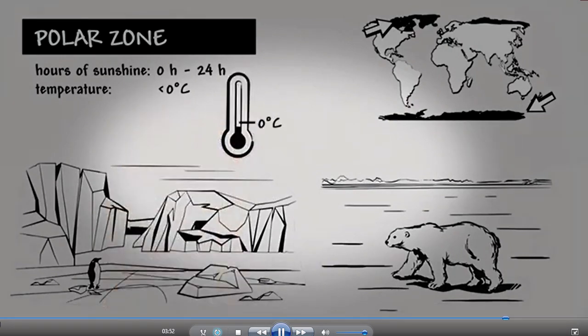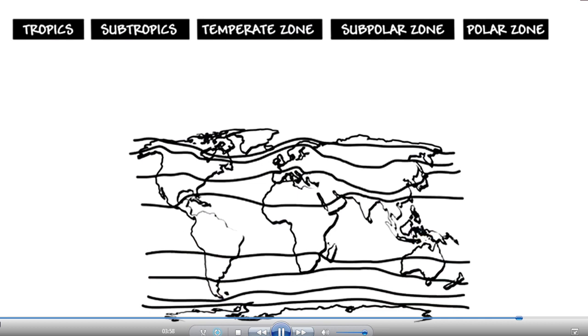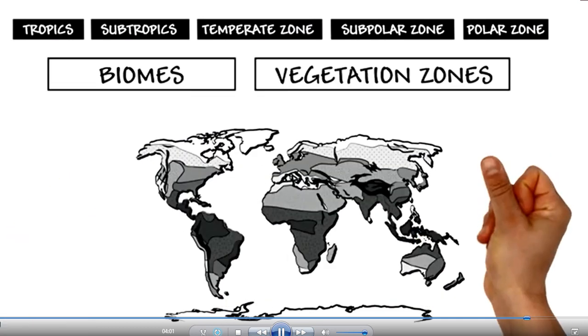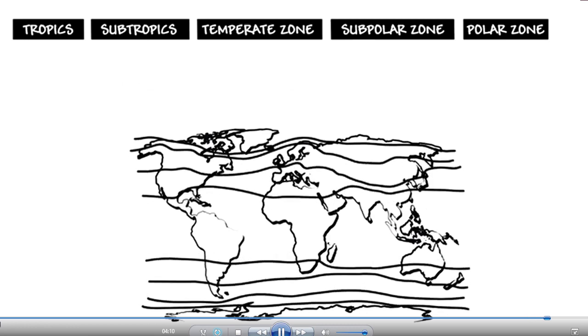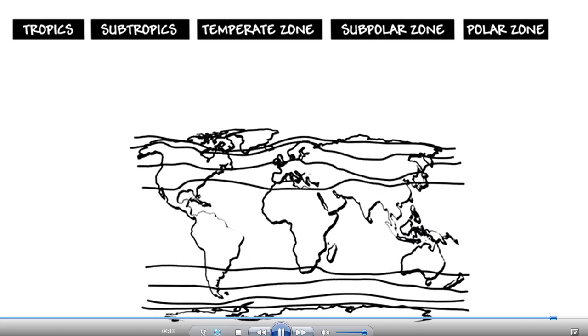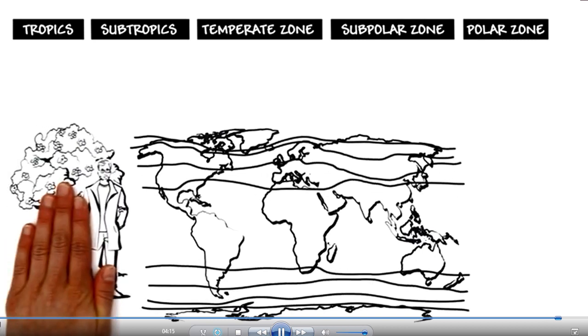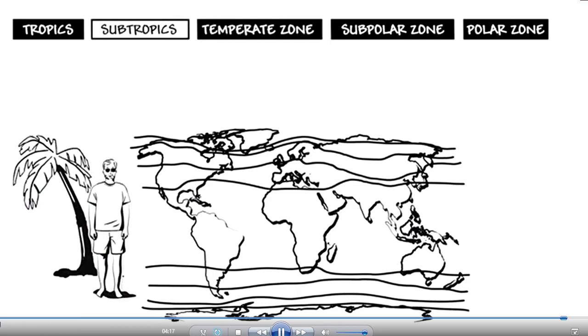These climate zones can be divided further, such as into biomes or vegetation zones. The boundaries between climate zones are rather blurred. As a result of global warming, the zones are moving, making all regions warmer and drier. So it's possible that New York may eventually look like this